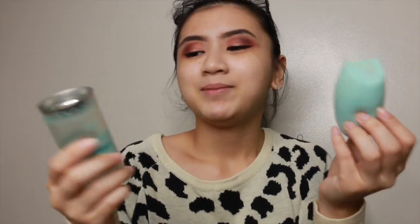Everyone, so for today's video, I am going to be reviewing the Happy Skin Air Touch Sponge, and I actually hauled this in my mini makeup haul. If you guys watched that, it's this one. I bought this one from Beauty Bar for 499 pesos, and the reason why I bought this is because it